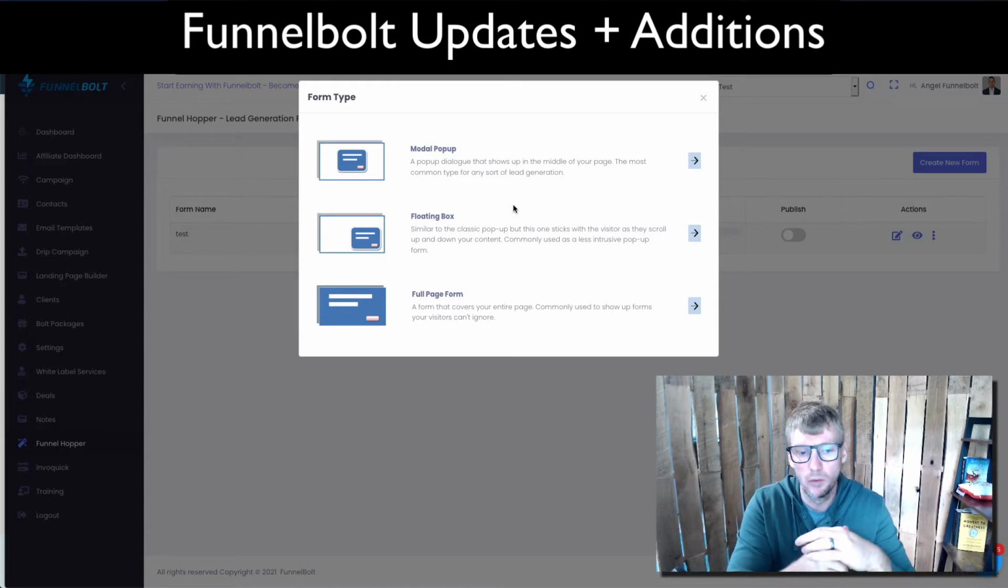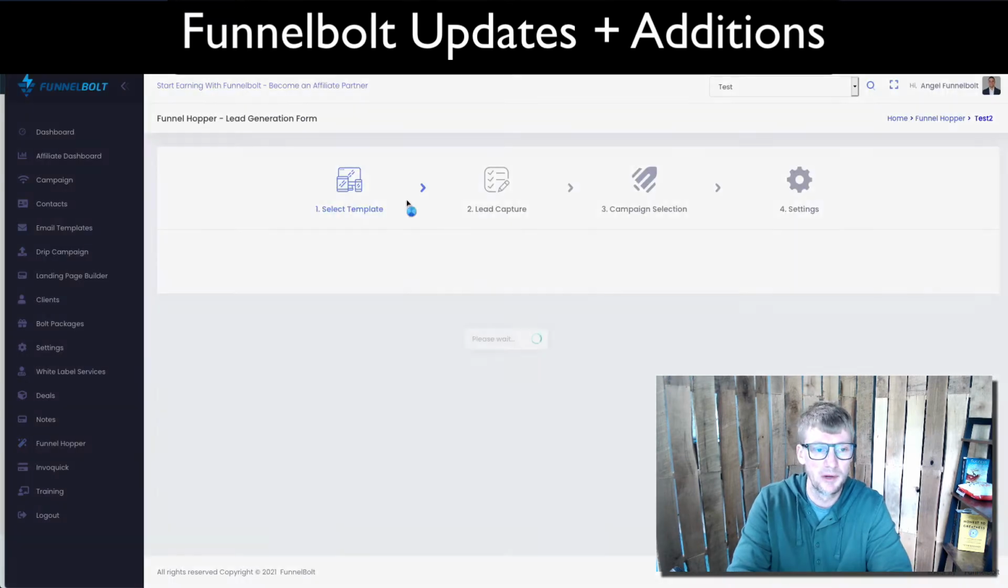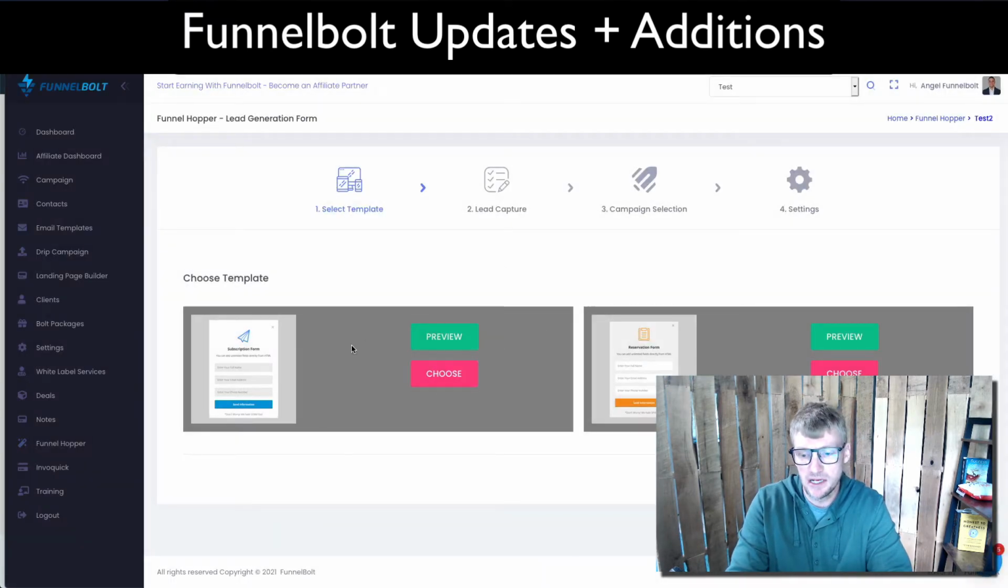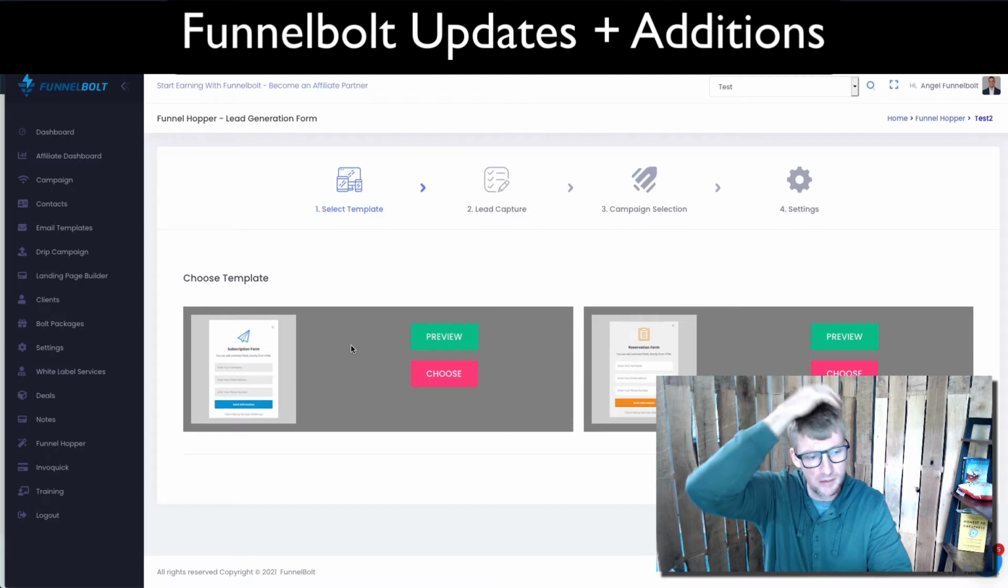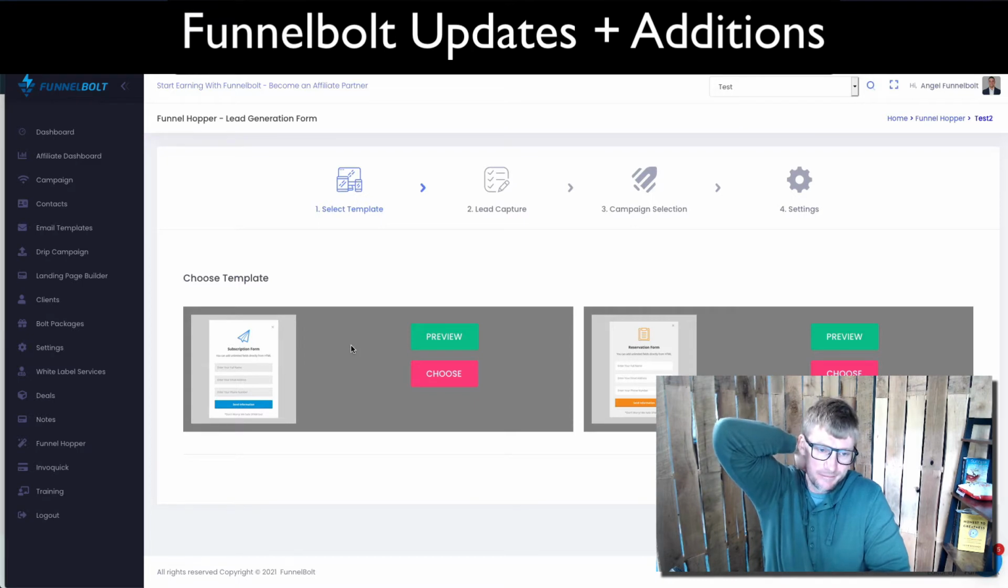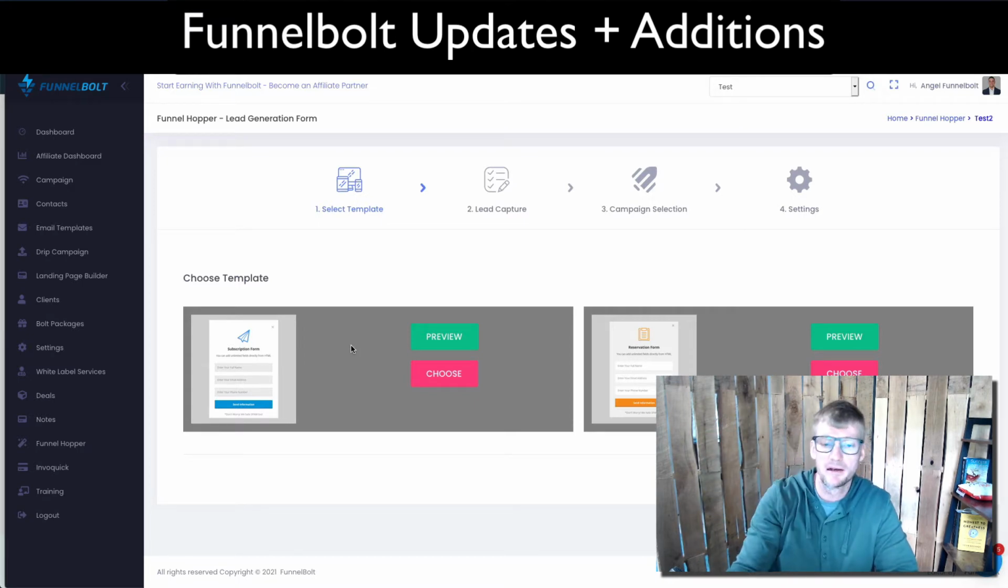Depending on what you want to use, just select the one that you want. For this, we're going to have a modal pop-up, and these are the templates we have right now. We're basically working on pulling in all of the pop-up forms that we have within the current landing page builder, so that's why we've only got a few of them right now. We're going to bring in a few more, but they're fully customizable,